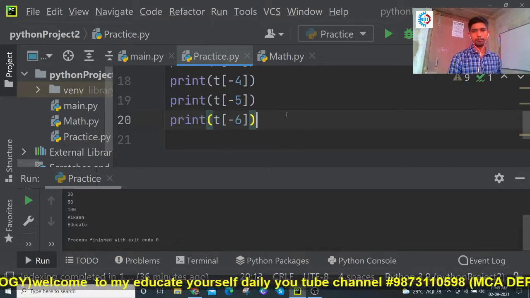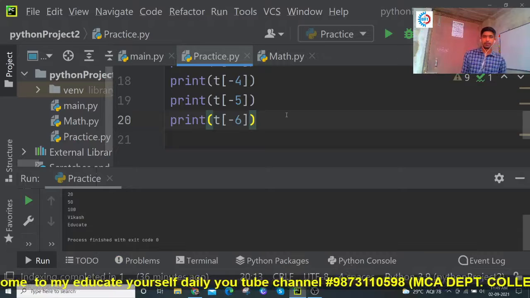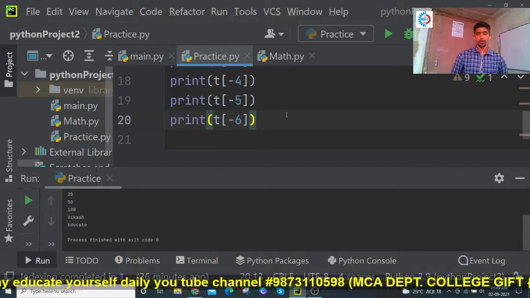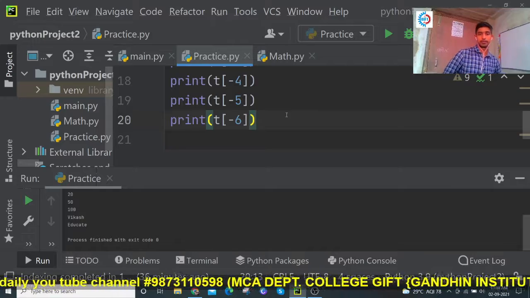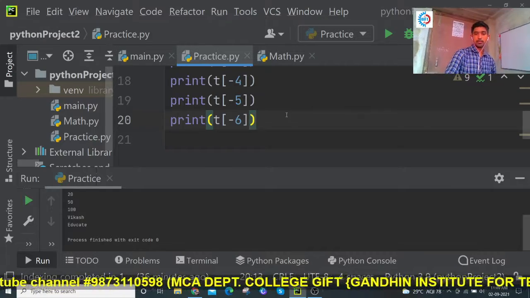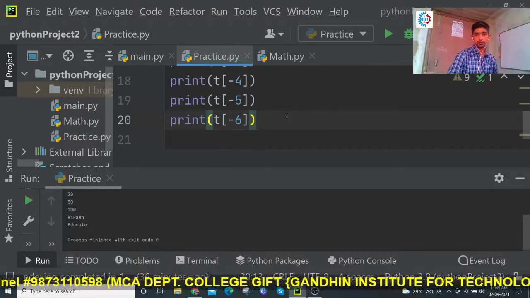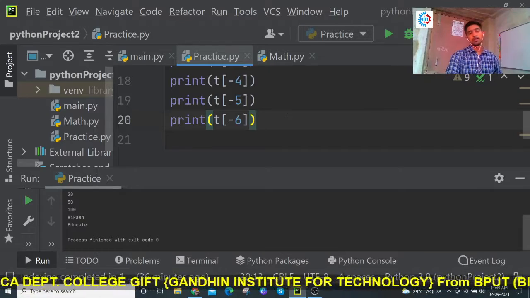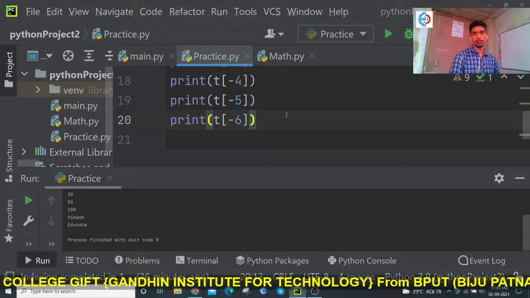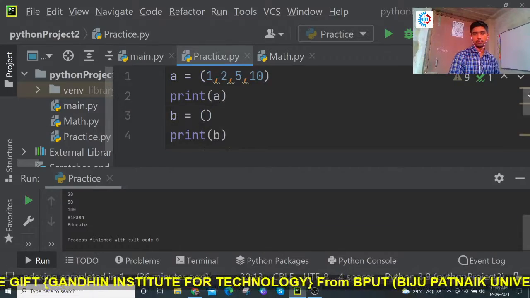Now I will print. I will run this program and the output will be from right to left, I mean the reverse side. The last tuple element will be shown first, then the second from the last side.